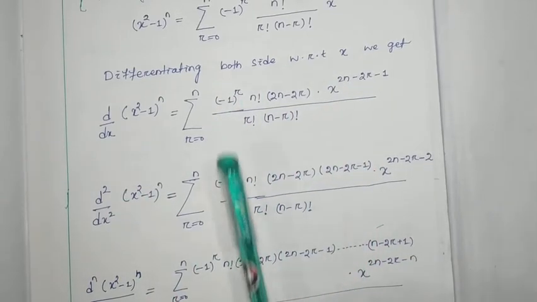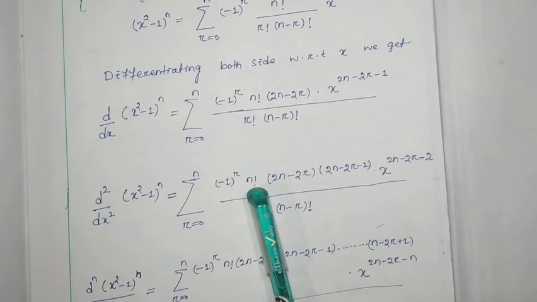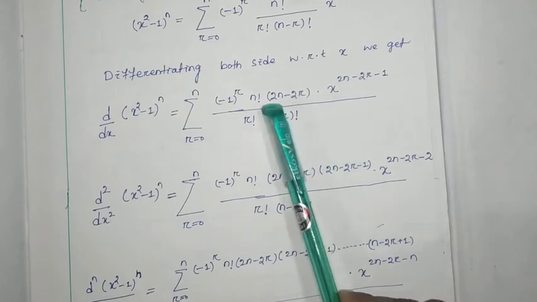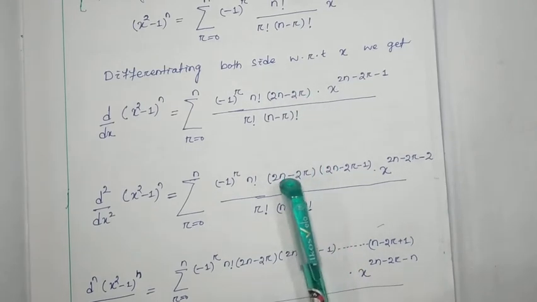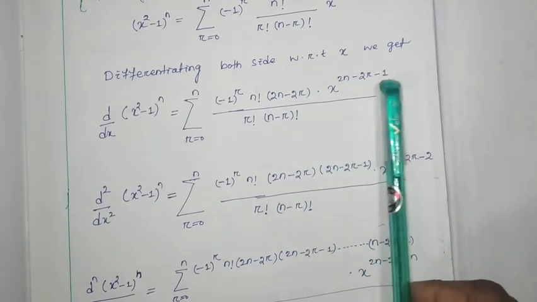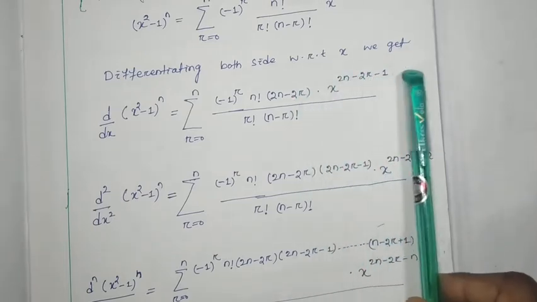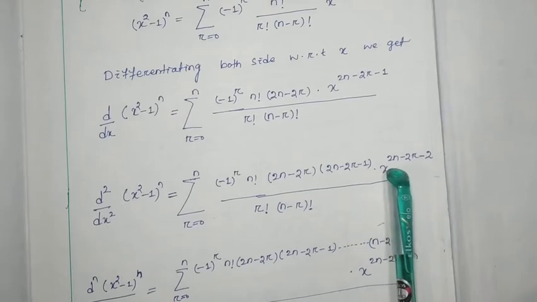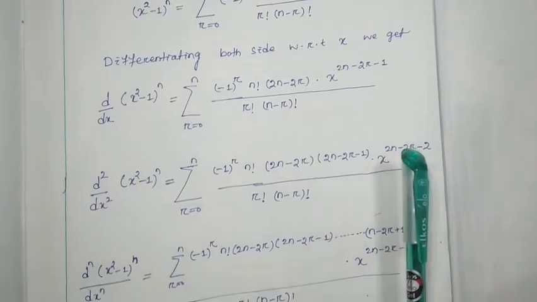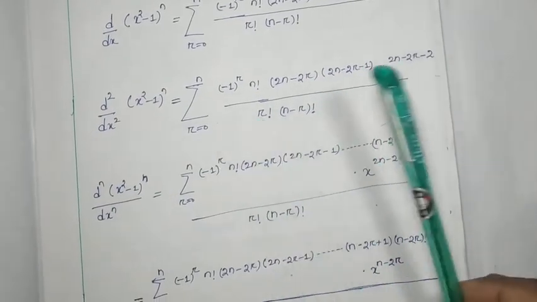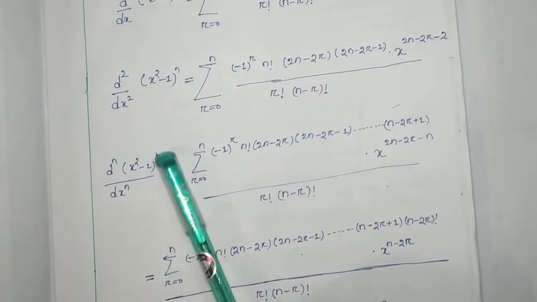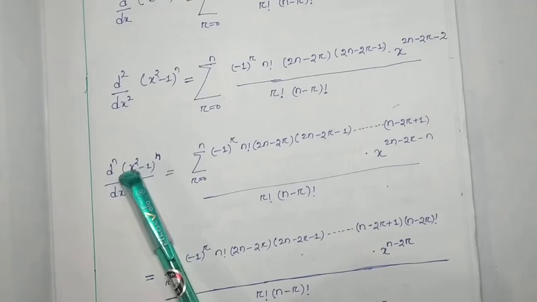Minus 1 to the power r, n factorial divided by r factorial into n minus r factorial remains the same. Then due to the first derivative we got 2n minus 2r. For the second derivative this will be multiplied by 2n minus 2r minus 1 into x to the power 2n minus 2r minus 2. Right? Next, likewise, if we are going to consider d^n (x square minus 1)^n by dx^n,